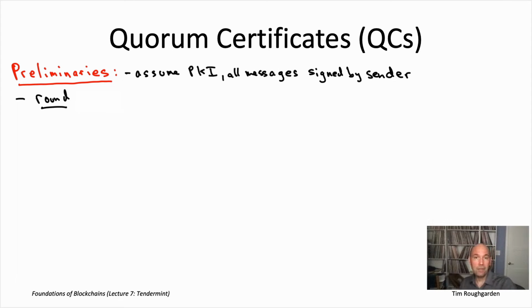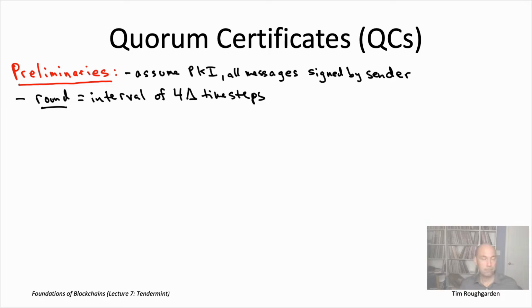So a couple of things to note. First of all, because all nodes agree on exactly what time it is, all nodes will automatically, without communication, know what round they're all in. From time 0 to 4 delta, they know they'll be in round 0. From 4 delta to 8 delta, everybody knows they're in the middle of round 1, and so on. That's because of the shared global clock assumption. Secondly, notice that the interval length is defined in terms of the parameter capital delta.